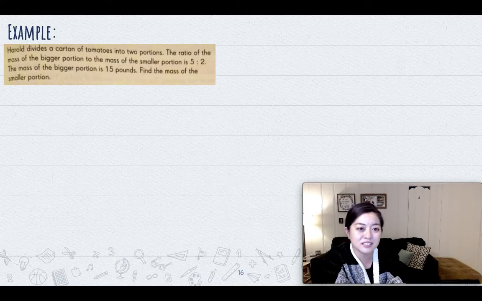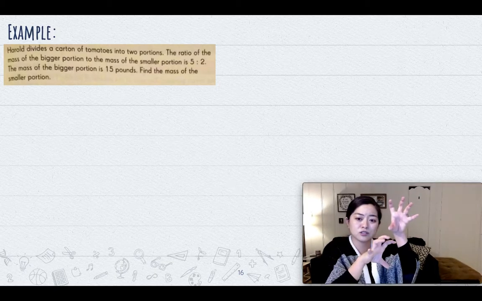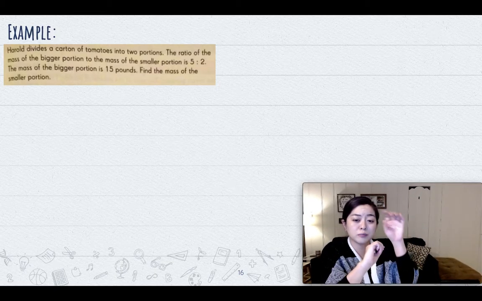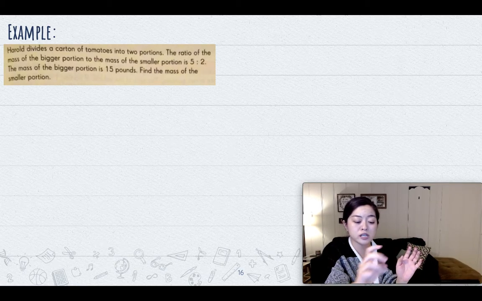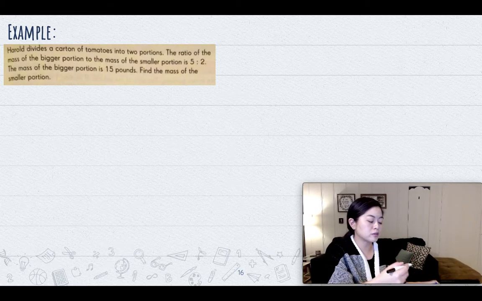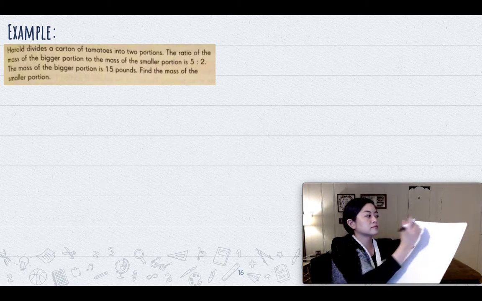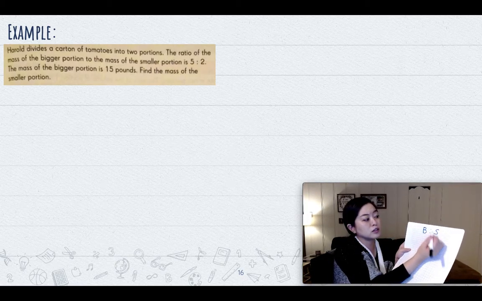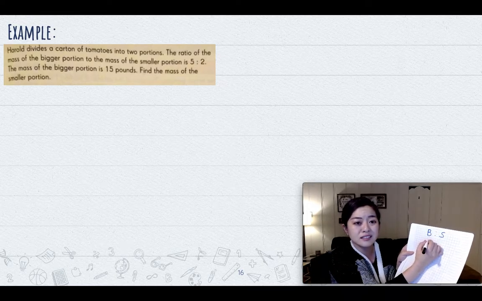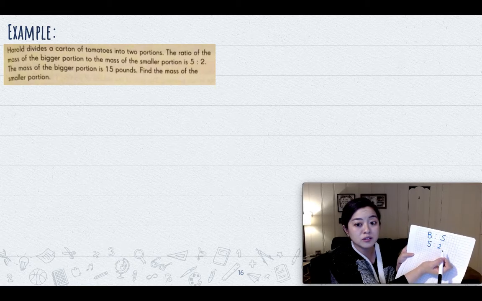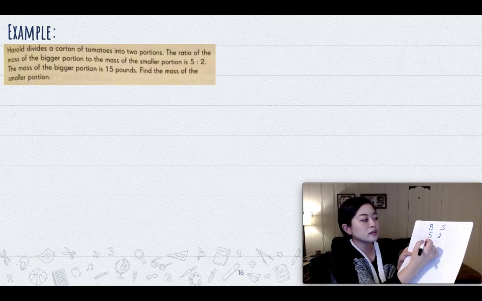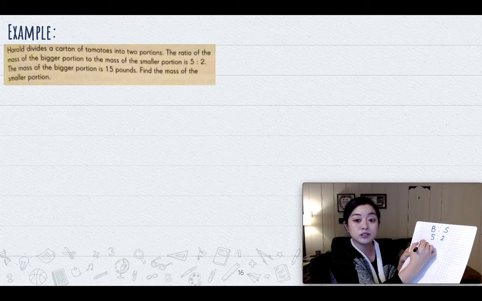Okay, so there's a lot of information in this example, so I just want to kind of break it apart. So he has a carton of tomatoes and he divides it into 2 portions. So there's a bigger portion and then a smaller portion. So then the ratio of the bigger portion to the smaller portion, it says it's 5 to 2. Okay, so in here, what I'm going to do is draw a bar model